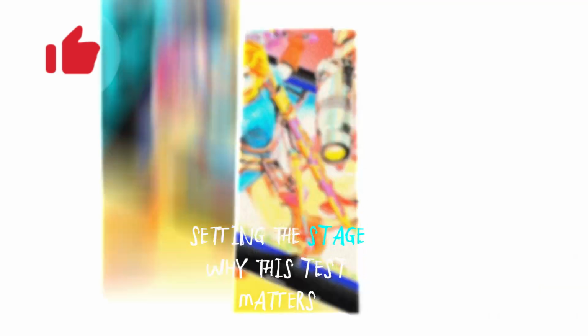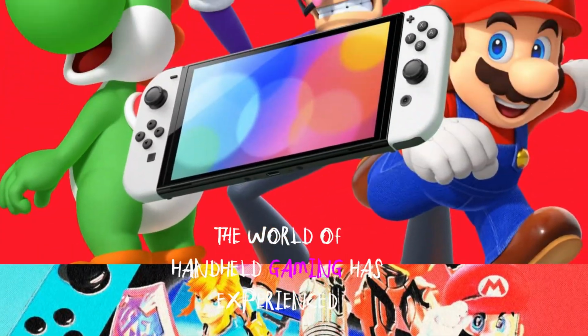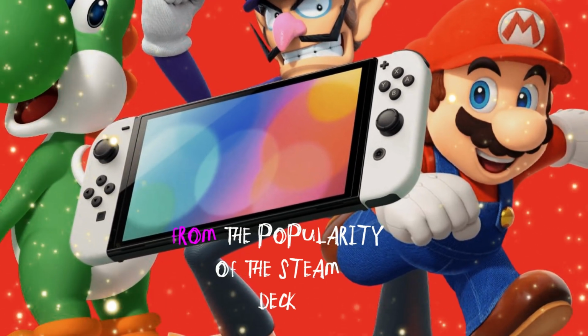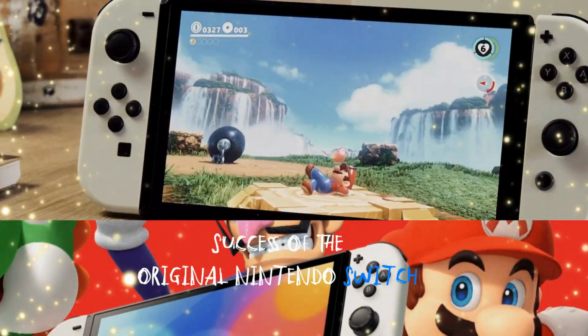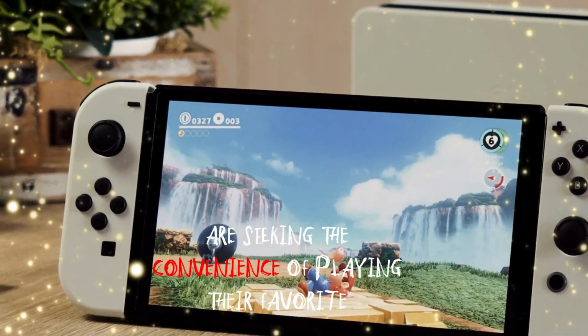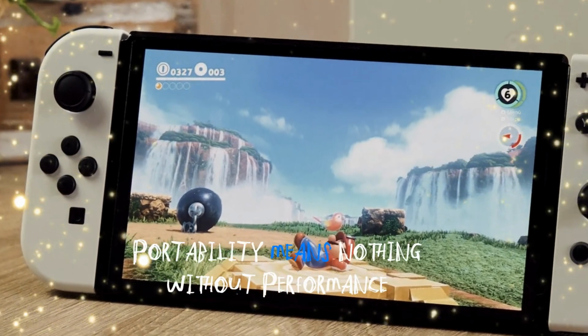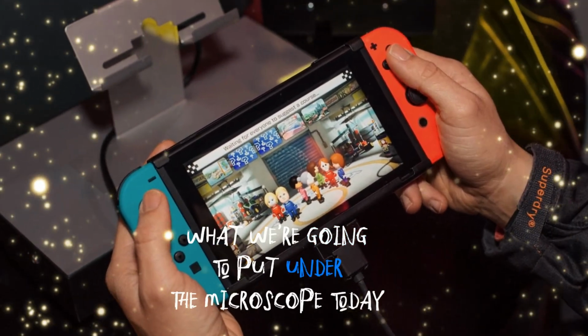Setting the stage. Why this test matters. In the last few years, the world of handheld gaming has experienced a massive resurgence. From the popularity of the Steam Deck to the explosive success of the original Nintendo Switch, more gamers than ever are seeking the convenience of playing their favorite AAA games on the go. However, portability means nothing without performance and battery life, and that's exactly what we're going to put under the microscope